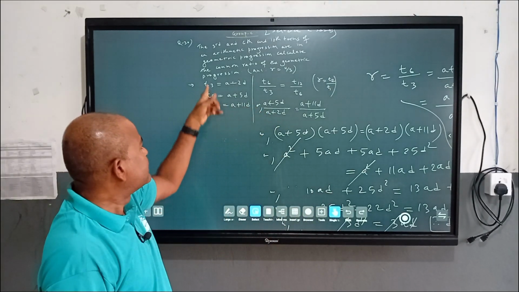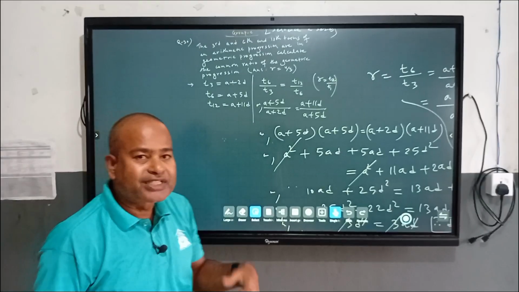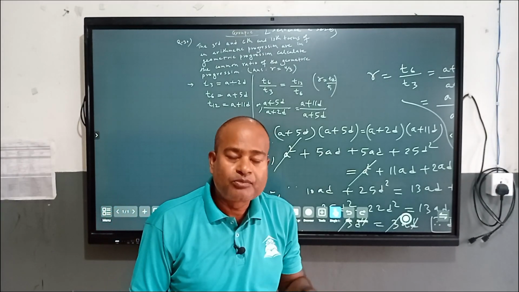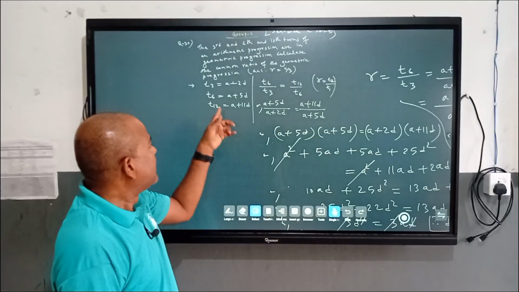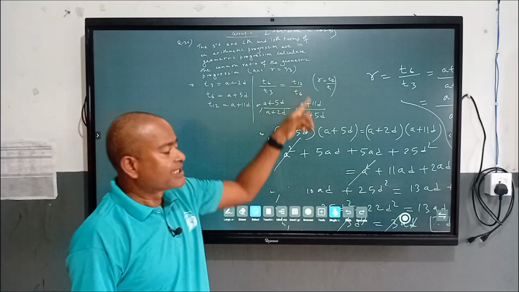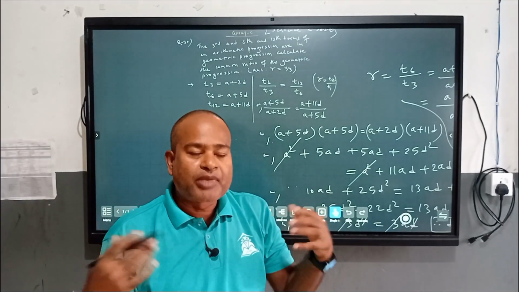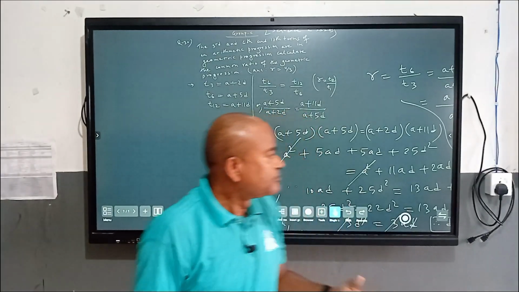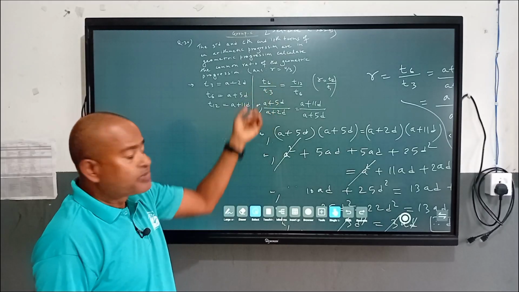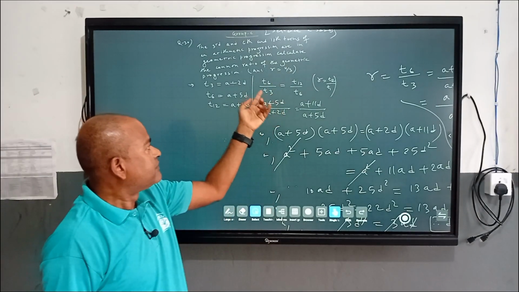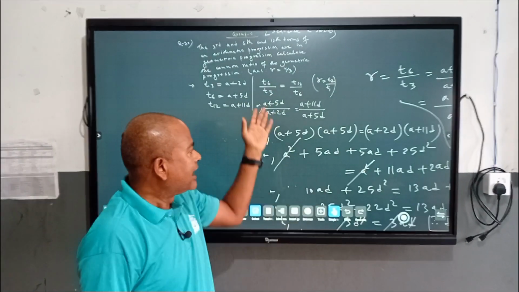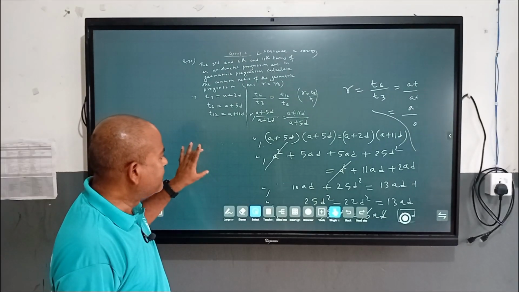So common ratio means T6 divided by T3, succeeding term divided by preceding term, and again T12 divided by T6, we get the common ratio. So by equating the value of common ratio and substituting the corresponding value of T3, T6 and T12, and by solving it,